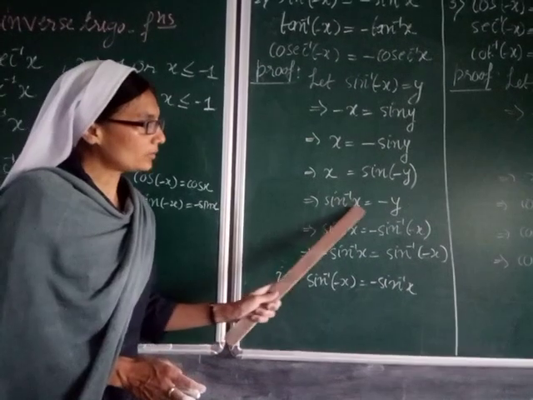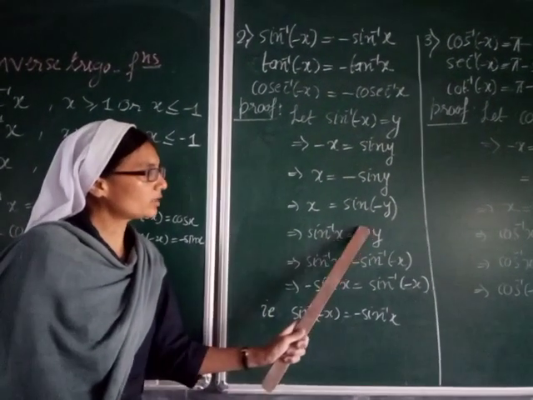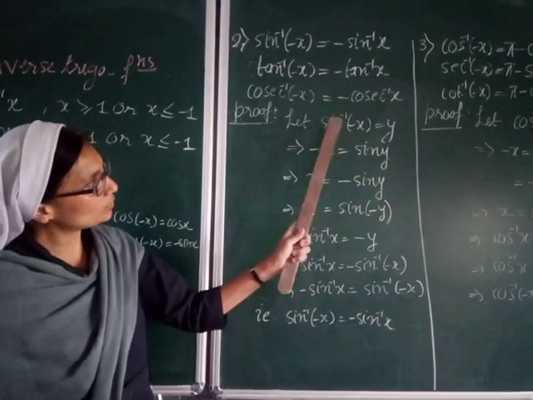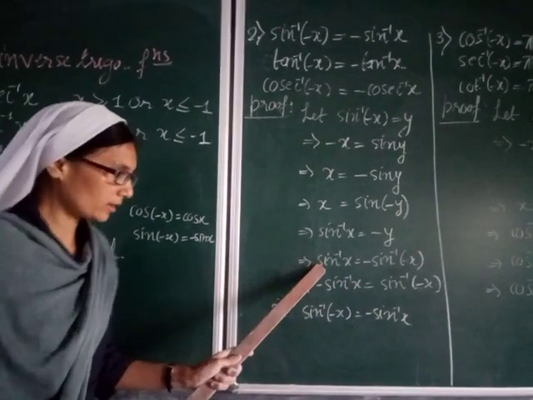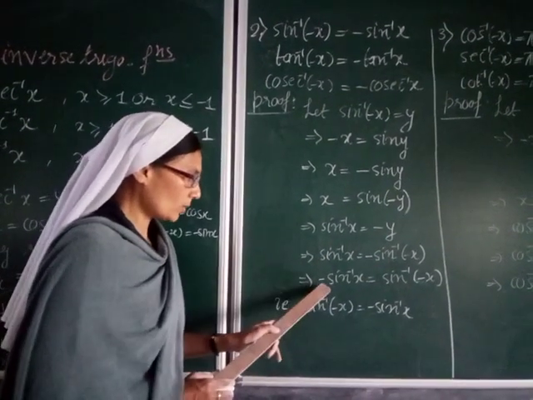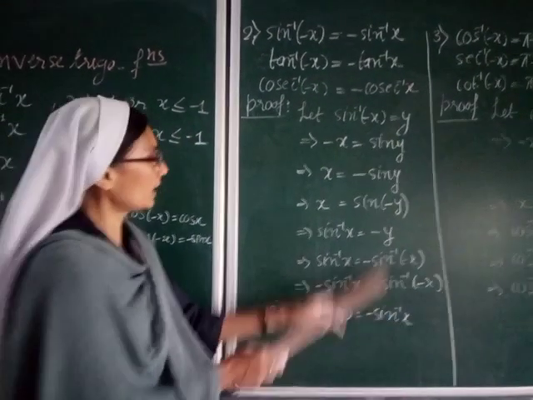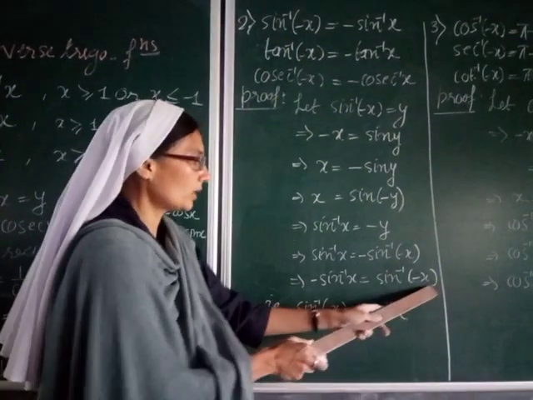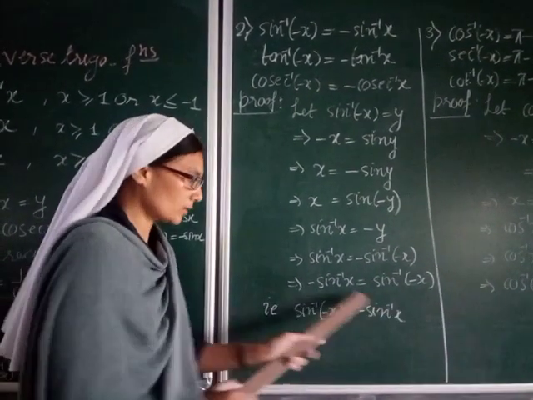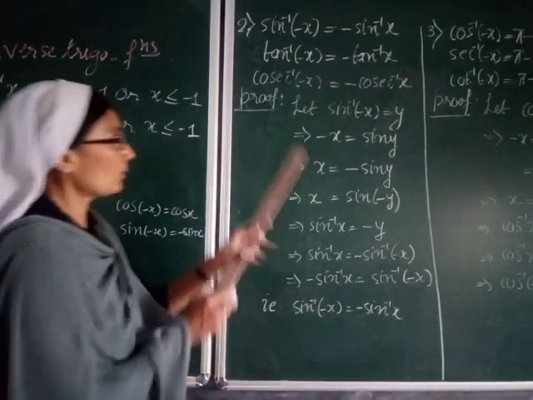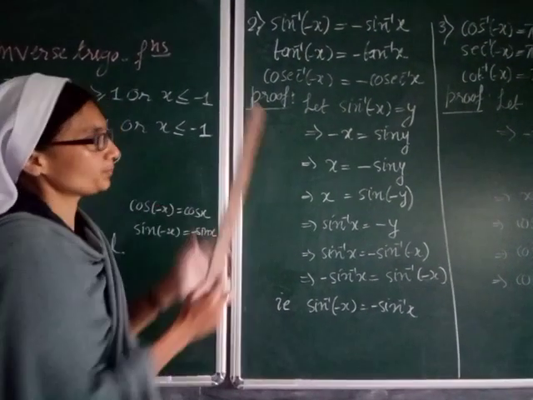So sin inverse. Then again this sin you transfer back here, it becomes sin inverse. Now sin inverse minus y, put the value of y back. You assumed y as sin inverse minus x. Place it here. This negative you can transfer here. So minus sin inverse x equal to sin inverse minus x. Start from here because your proof is from this side. So start from here, that is sin inverse minus x is equal to minus sin inverse x. So the negative will jump out. Remember, for sin inverse, tan inverse, cosec inverse, this negative will just come out.